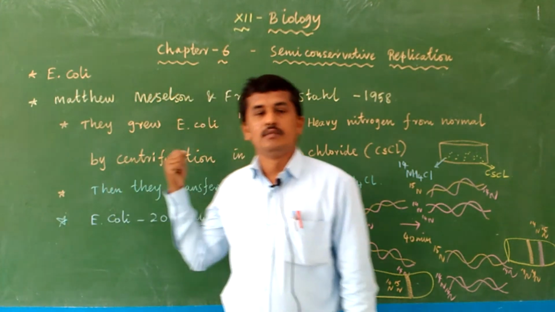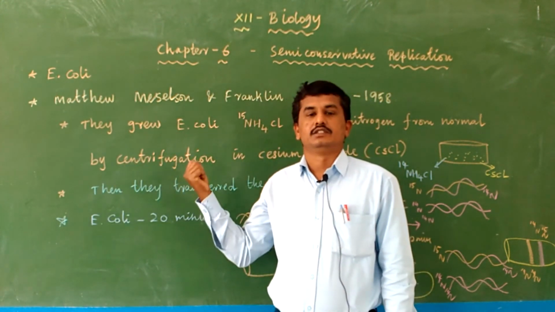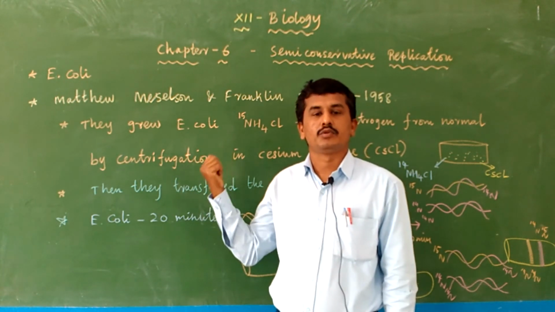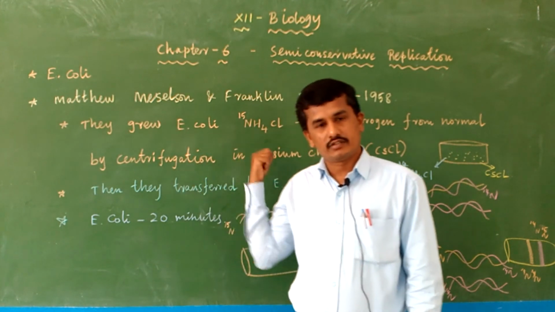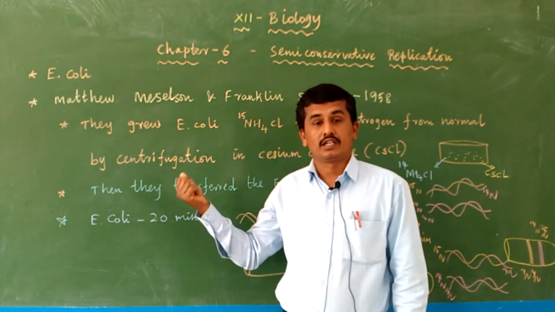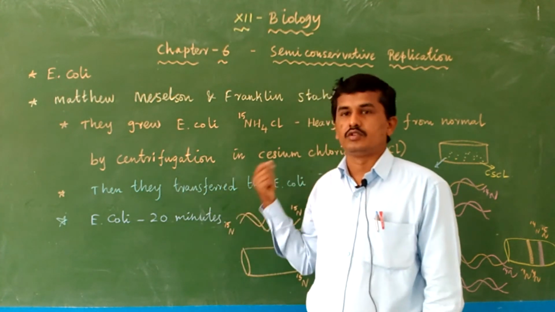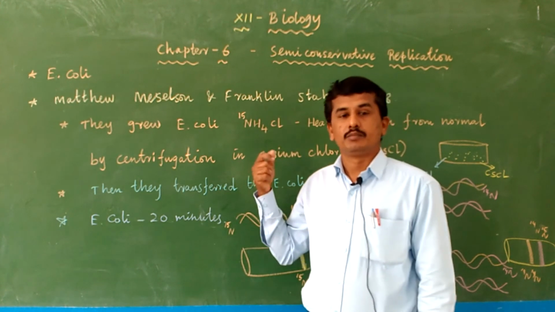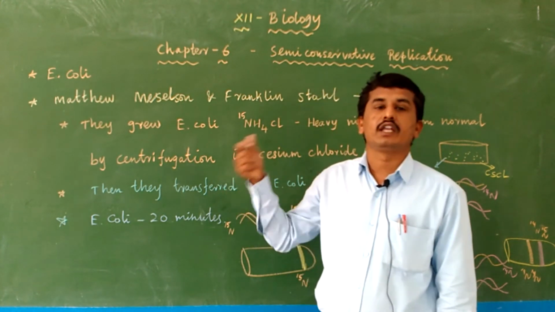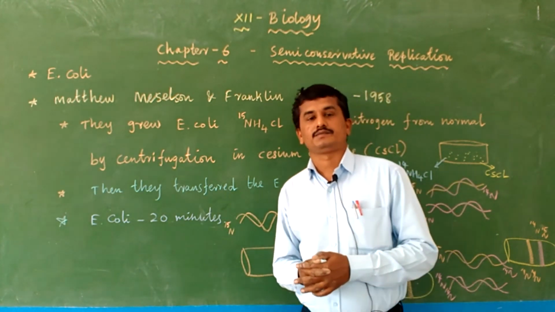So Meselson and Stahl experimentally proved the replication procedure in E. coli, a prokaryote. In the next experiment, Taylor and colleagues, a group of scientists, proved the semi-conservative method of replication in a eukaryotic cell, Vicia faba beans,